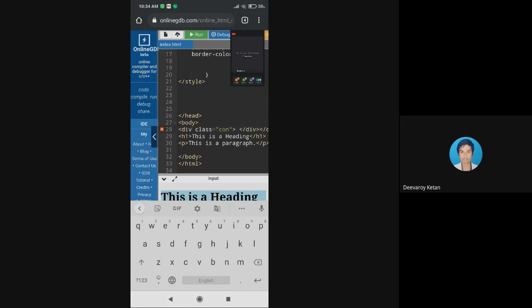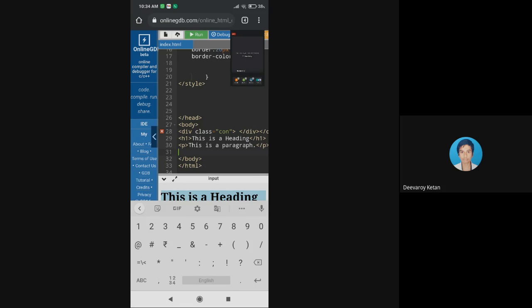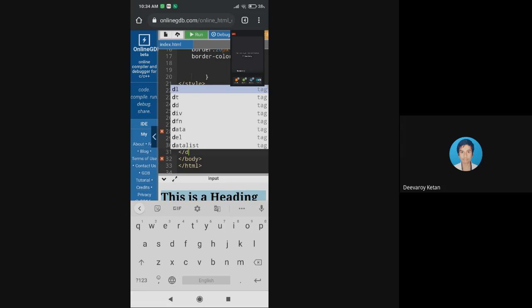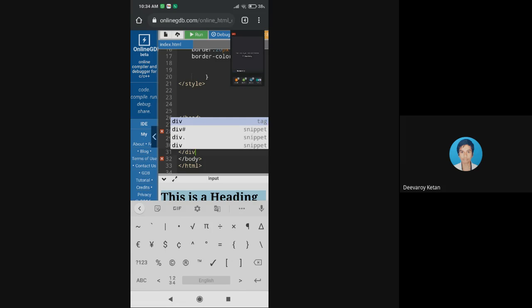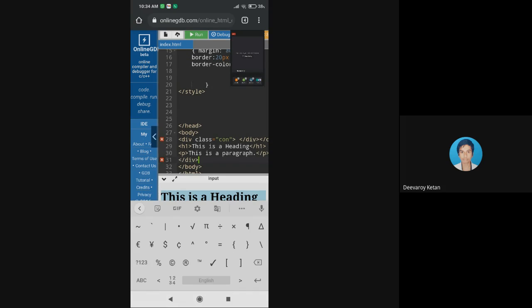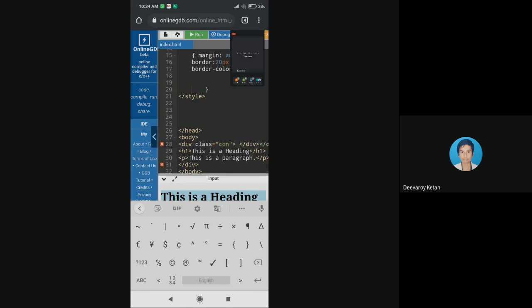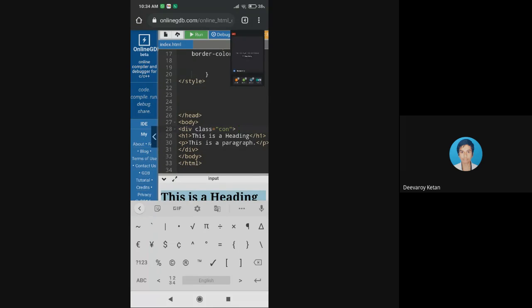Then I'll put everything in the block. Now what I have done is put my entire code of H1 and paragraph in one box, a block of box.